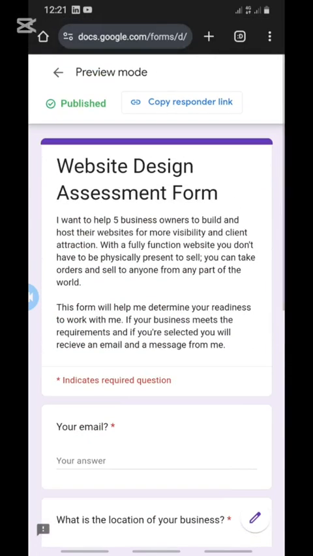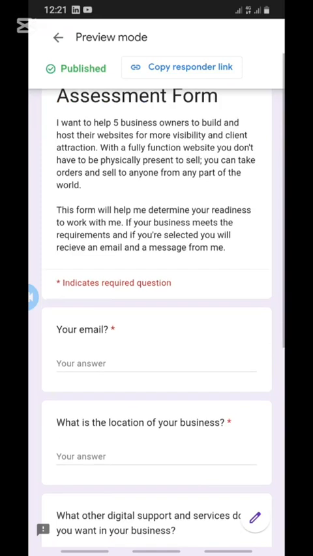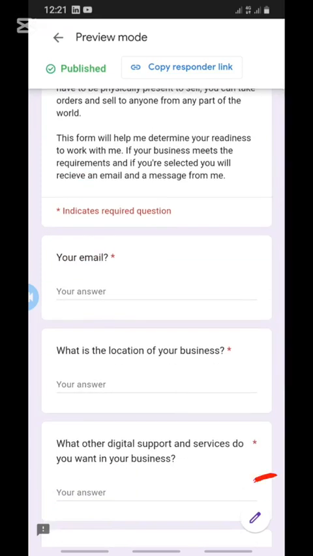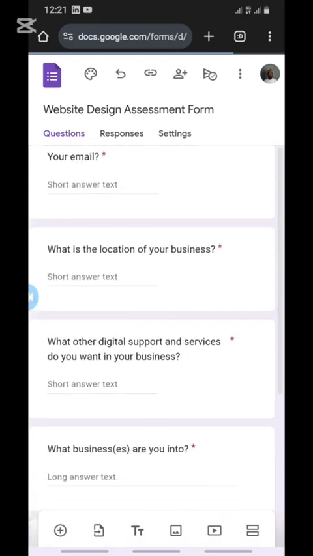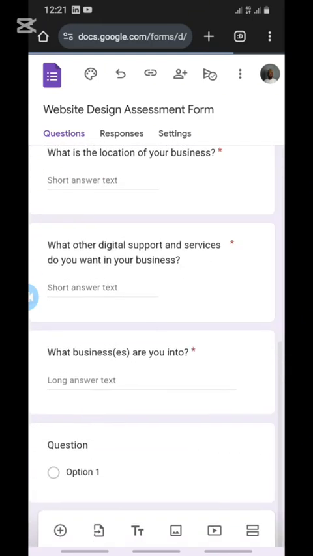Okay, there's a problem with our form. We did not add the cost of what it will cost them to do the business, which is very, very important. All right, you don't want any kind of person that cannot pay for your service, so we need to add the cost of doing that business with us. So we'll go back to the editing, which is this place, and click on it to edit it. Are you getting now? So we are back to our form, and then we need to